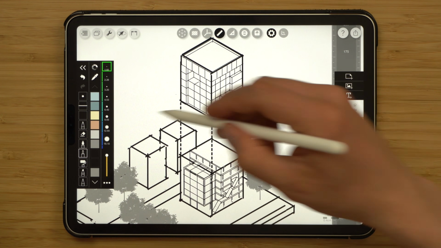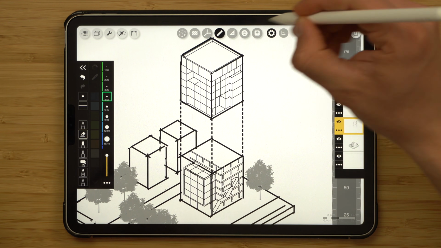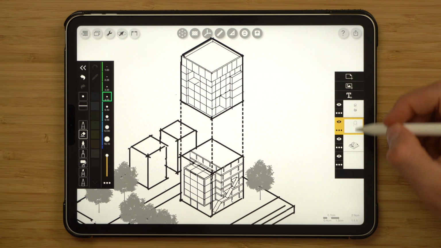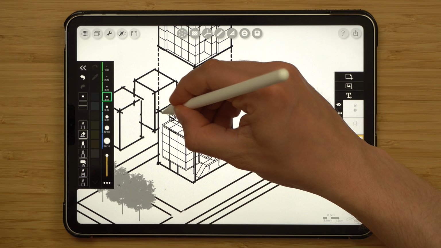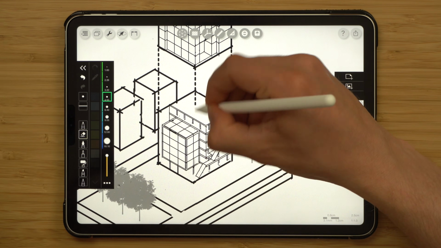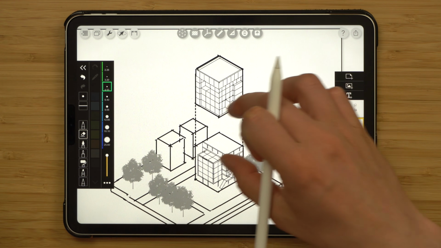So now here, on this layer, I want to get rid of these thicker lines in the middle. Disable the ruler to make the process easier. And then the same on the layer underneath. Again, enable it by double tapping, and then simply start erasing the excess lines. I might do that with this middle dotted line as well, so it's more clear what's going on.